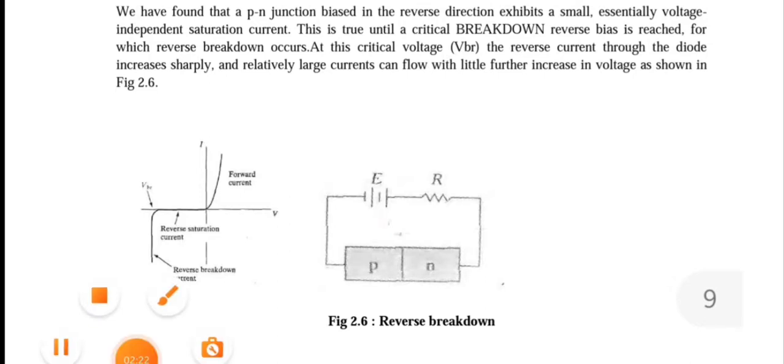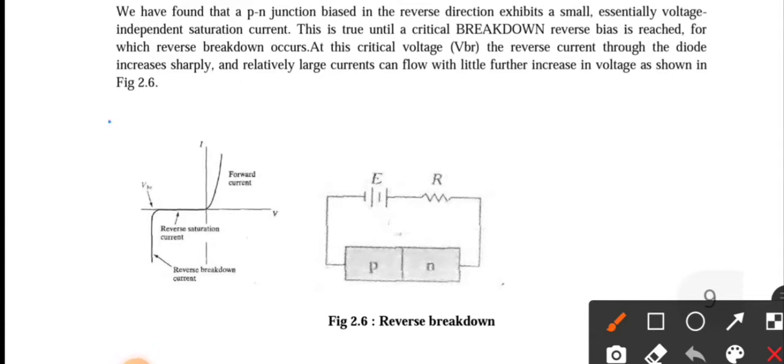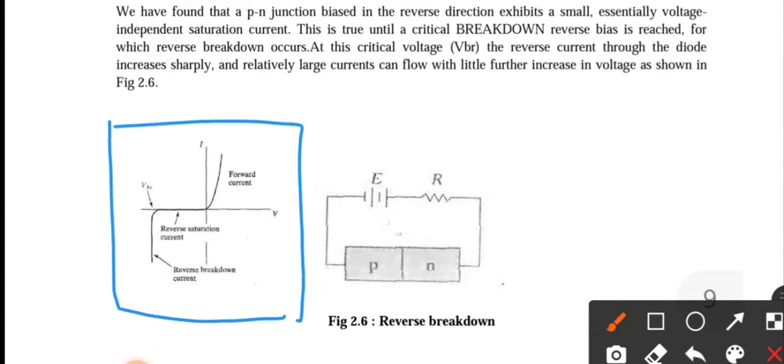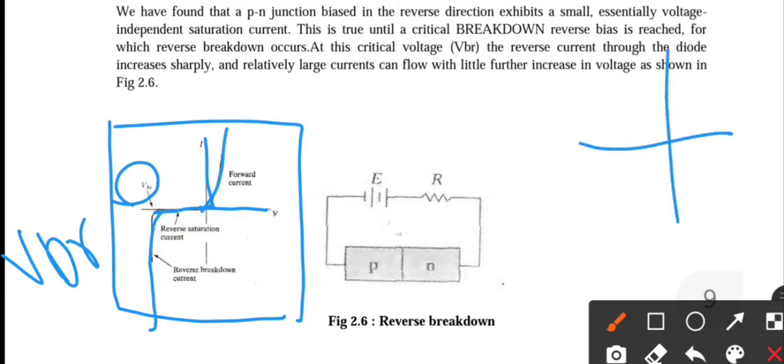You can see in the graph, this is the VI characteristic of a PN junction. During forward biasing, the forward current grows exponentially, we have seen all those things. Under reverse bias condition there will be a very small amount of current, due to minority charge carriers, or generation current or drift current. But when the reverse bias reaches a particular value known as VBR, the reverse breakdown voltage, there will be a sudden increase in the current, and the curve becomes almost a right angle.